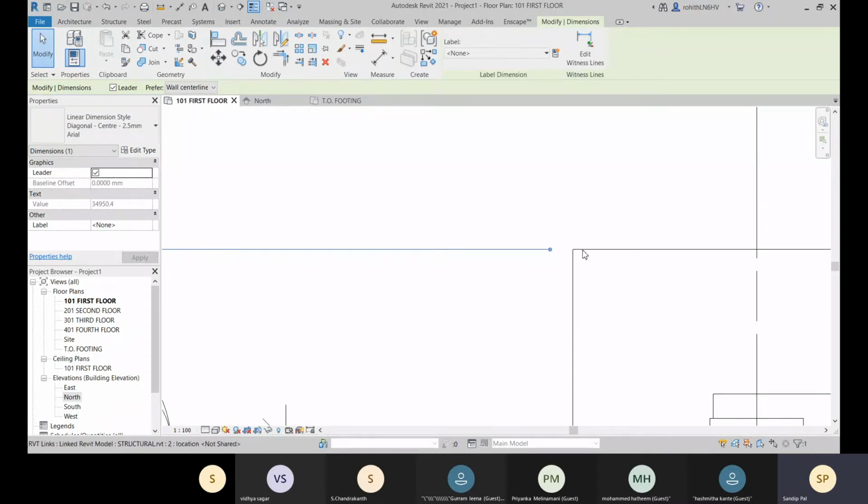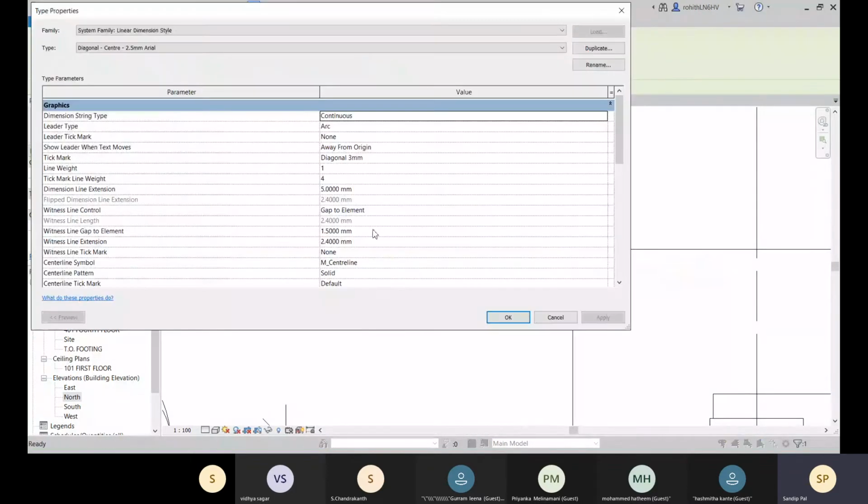From that element, it has some gap over there. That gap is your 1.5 mm, and for the witness line extension also, that is 2.4 mm. So here you can define how much gap will be there, and how much it will be extended. Okay, so that is all right.